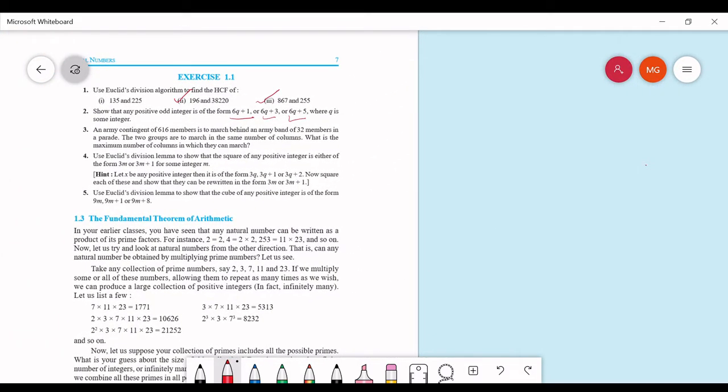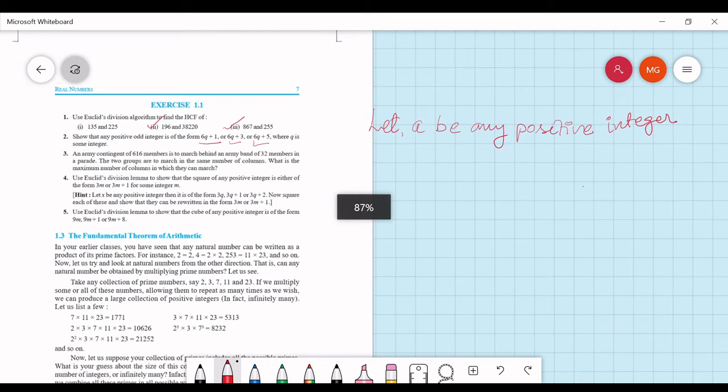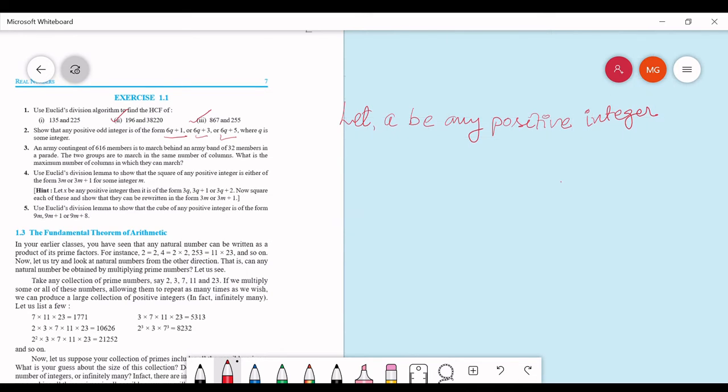Okay, now let a be any positive integer. I'm not writing odd because that we will be proving later on. First, we are concerned with that a is any positive integer, right? Now this can be, now you can take also